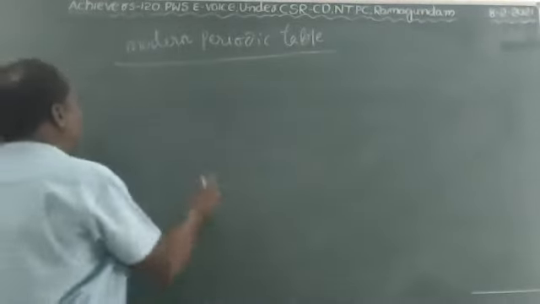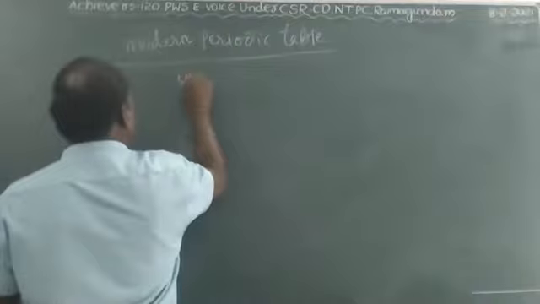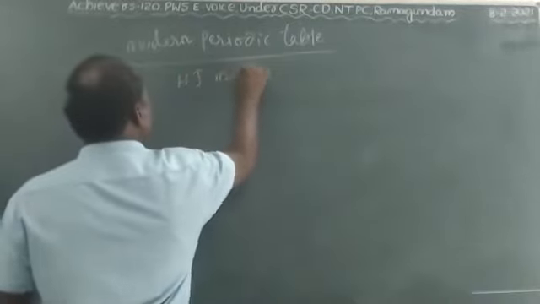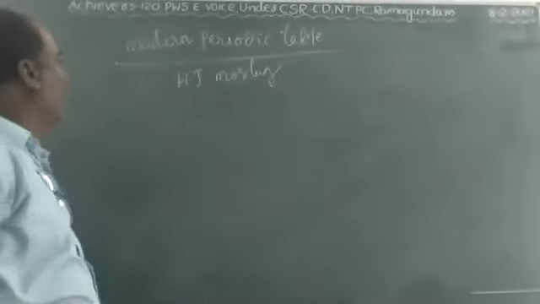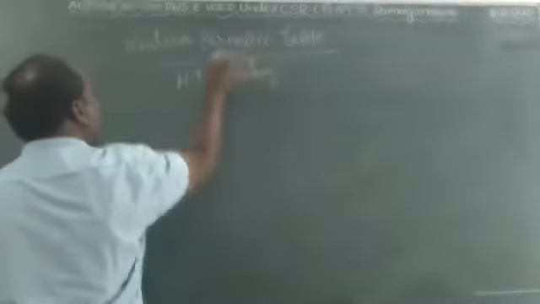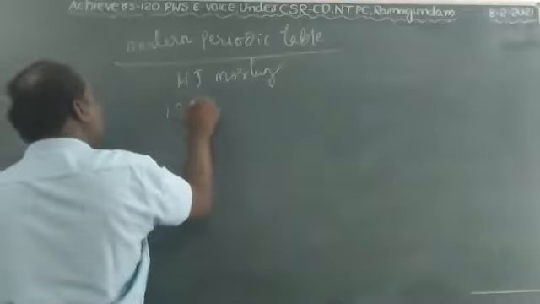It was proposed by H.J. Moseley. The modern periodic table consists of 18 groups